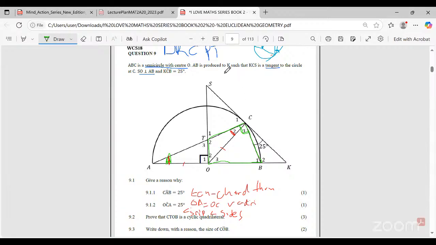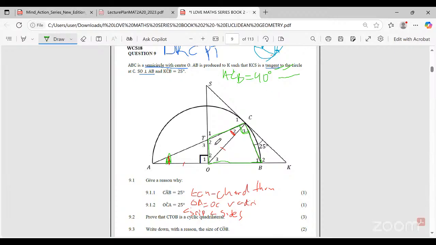Let me write what you are saying here. You are saying angle ACB, the angle there at C, is equal to 90 degrees. Yes, sir. The reason being that it's an angle subtended by a diameter. Okay, your reasoning. This is 2 marks. Okay, then I would say